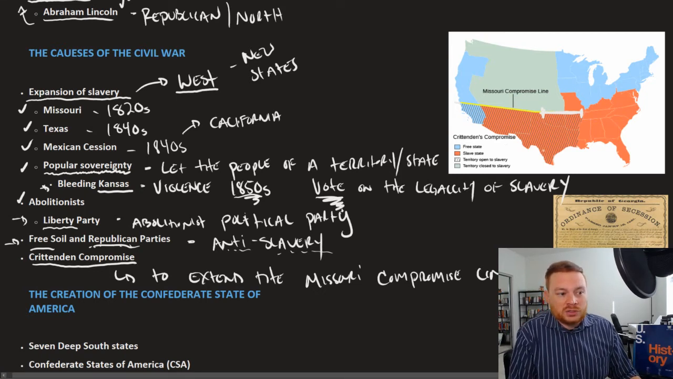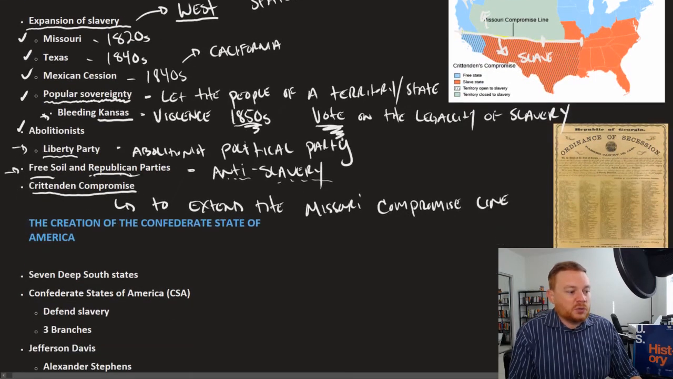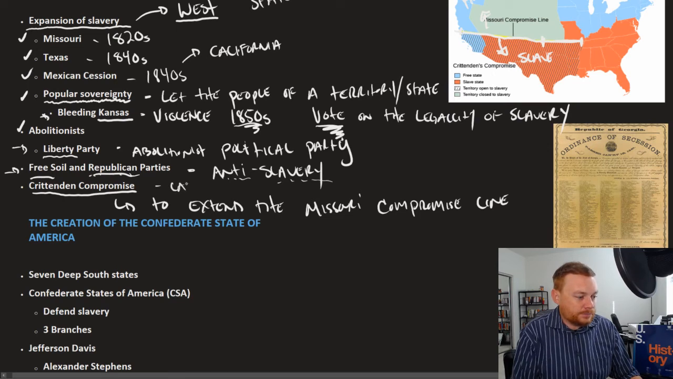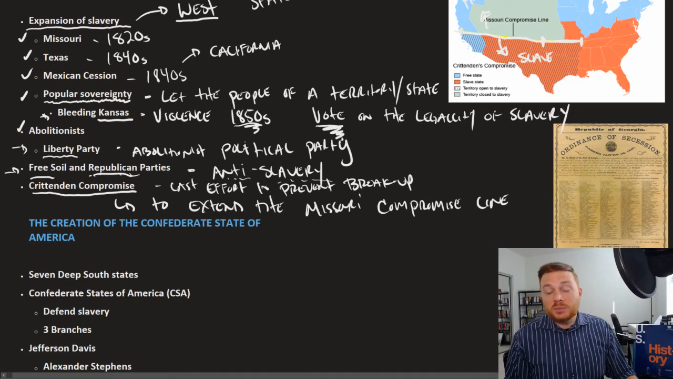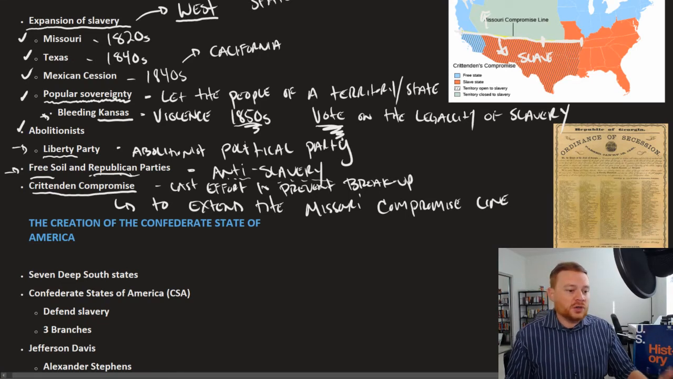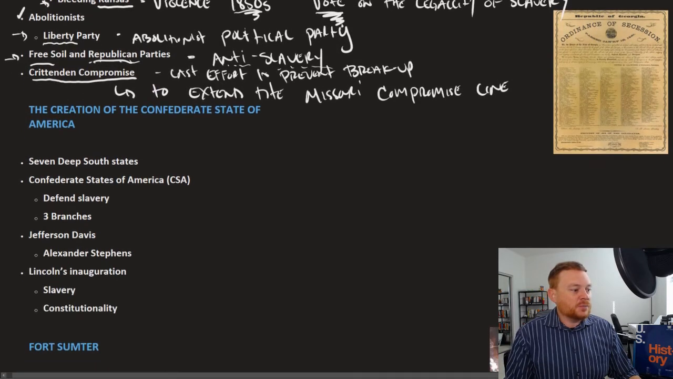But now that all of this belonged to the United States, especially after the year 1848, Crittenden said, well, let's just stretch this line over here. Everything below here will be slave. Everything above here would be free. The Crittenden Compromise, we might call this the last effort to prevent breakup. It was soundly rejected by both Northerners and Southerners, as the issue was too far gone for any type of compromise to be made. And so those 7 states that seceded from the Union, the 7 deep South states,